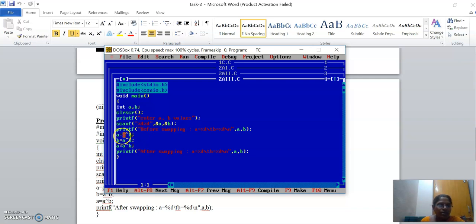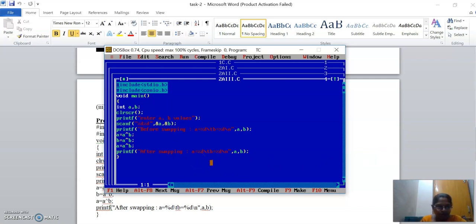So, it converts into binary. I'll take two simple examples, 5 and 3. A is equal to 5 and B is equal to 3. A value 5 means 0, 1, 0, 1. What is the 3 value? 0, 0, 1, 1. If I perform the exclusive OR, I'll get the A value, B value and again the A value. So in that way, I am going to perform the bitwise operation.